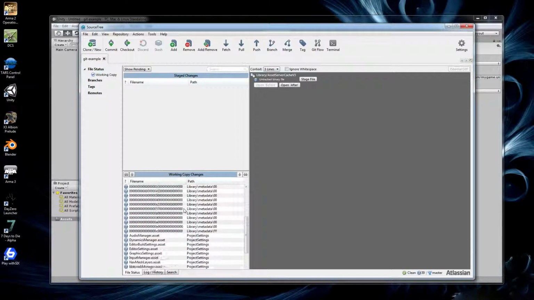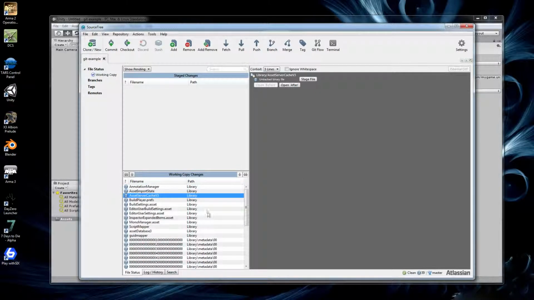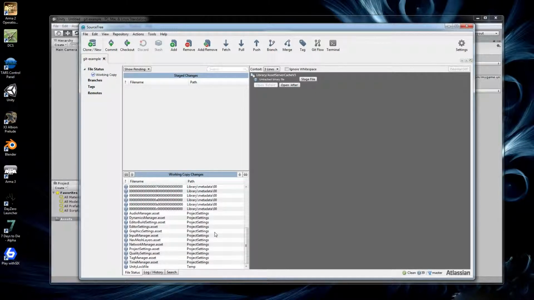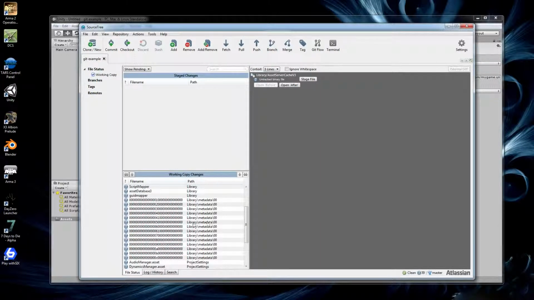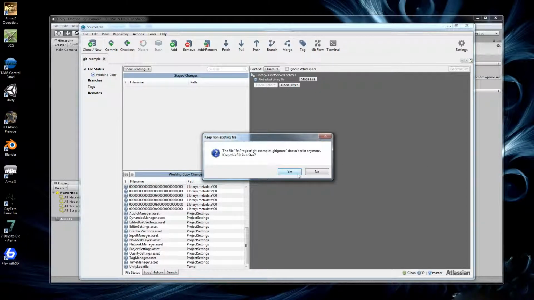By default, it includes everything but the Library folder and the Temp folder and a couple of other files you don't want to have included in your repository, because these files are being generated by Unity and are specific to your computer, and they change very often. They don't do anything for other people, I mean. So if you want to share this project with someone else, you don't want to include these folders. The easiest way is to